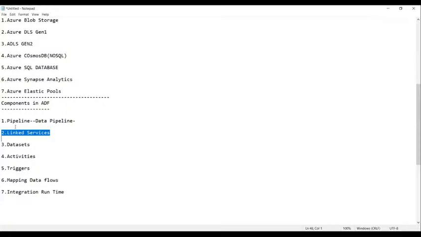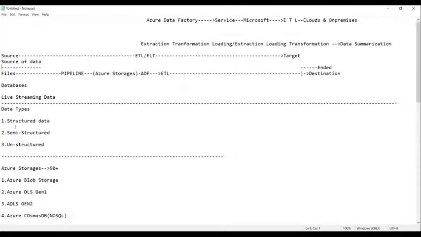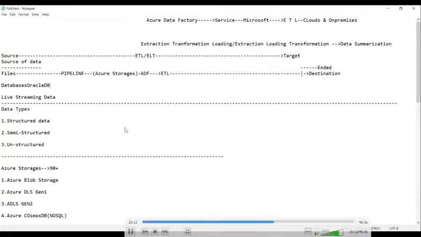Yes, guys. In the same way here also, we have linked services. Can you see here? Suppose you have a database, and let us say this database is Oracle DB. Oracle DB is here. And now that Oracle DB is there, we don't have any relationship between